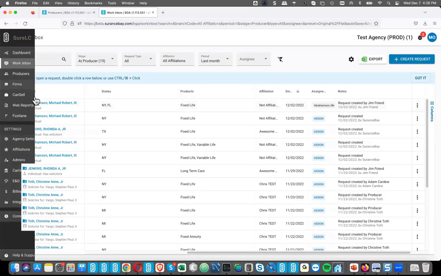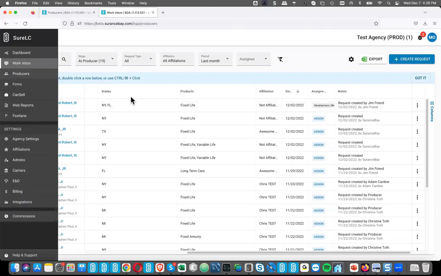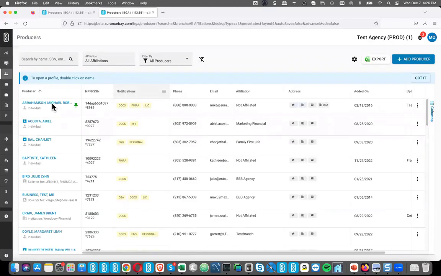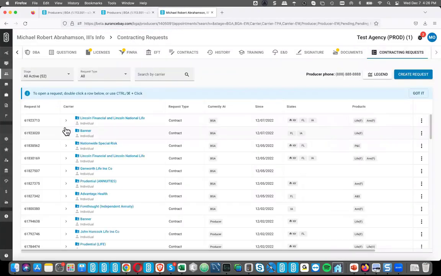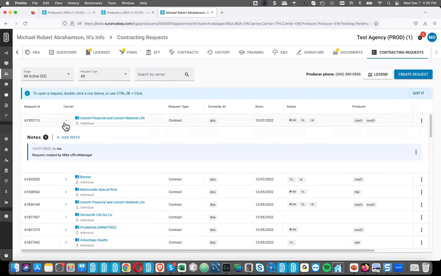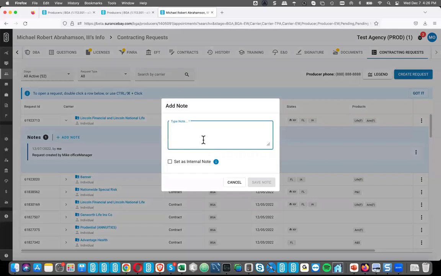Another way to do it is in the actual producer profile, which is, I think, where most people would have done this previously. You go into the producer profile and you go to the contracting requests. Now I can actually expand this notes area. This is available in the contracting requests view in the producer profile, and I can add notes here.